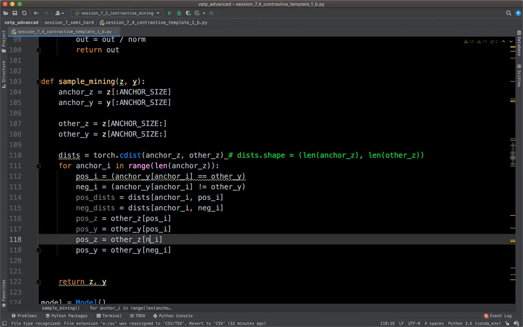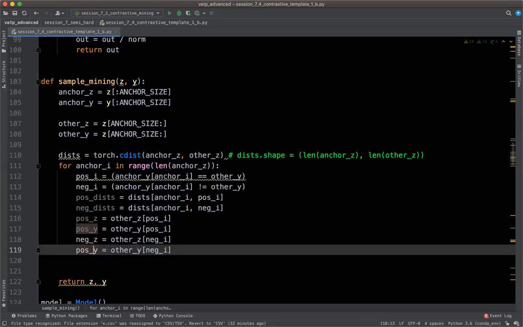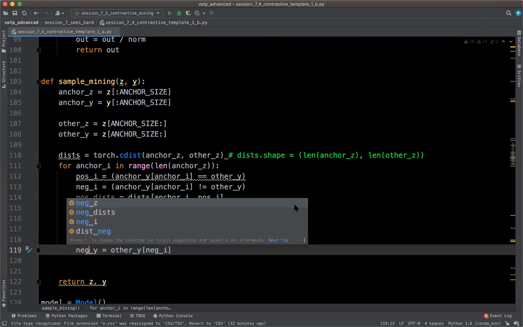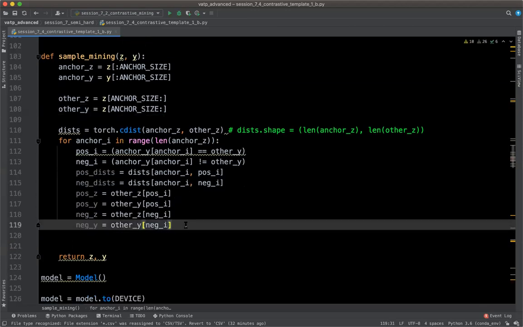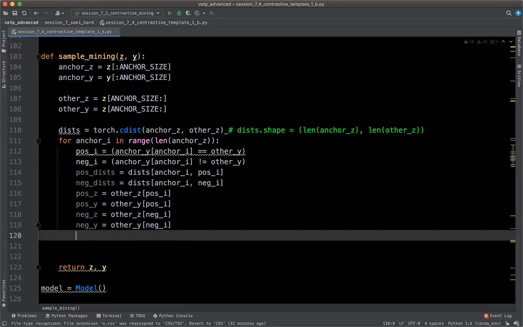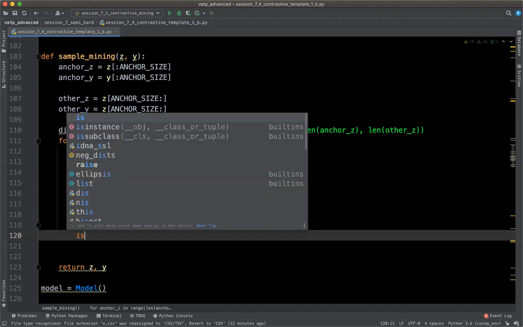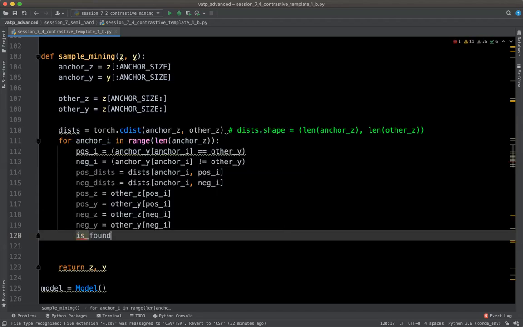So neg, like that. So I'm just selecting all of those out. So that's fine. Then the next one that would be good is to use some kind of is found variable,